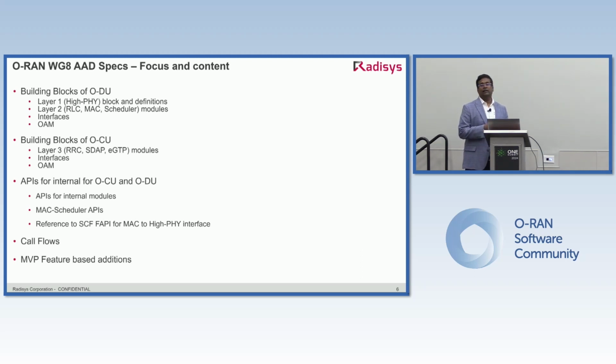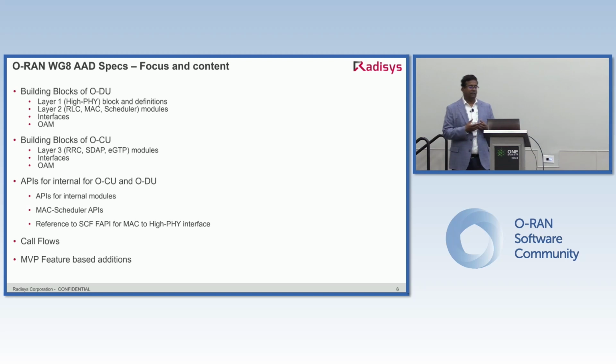There is an inherent element of scheduler logic that differentiates the ODU. And the desire is to have the pluggability of different scheduler algorithms and modules. One of the key achievements in this specification is to have that level of separation and clearly well-defined APIs between MAC and scheduler, so that a particular implementation of scheduler can replace the current implementation, and you can play with the flavors of scheduler logic and see how the impact of various scheduler algorithms can